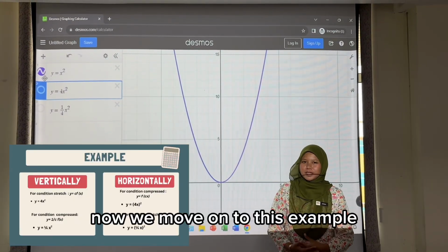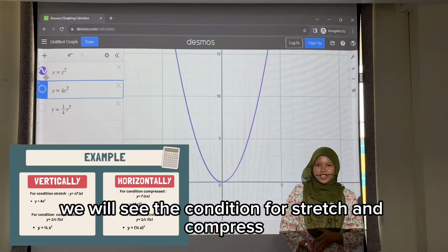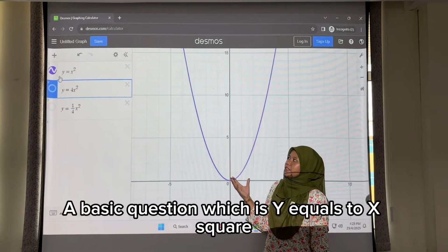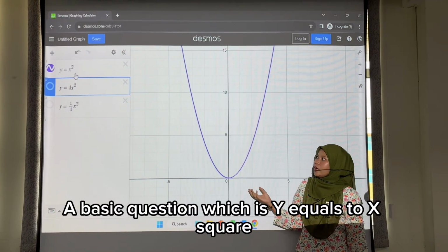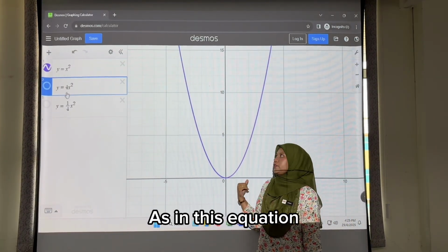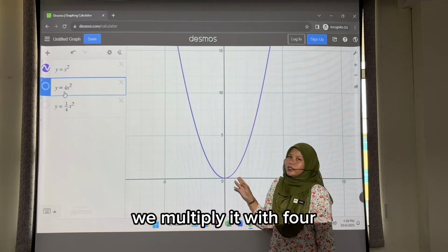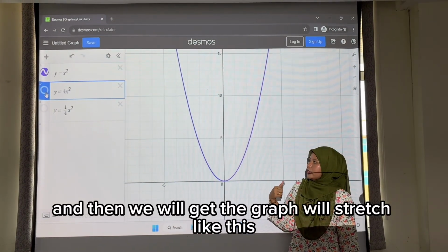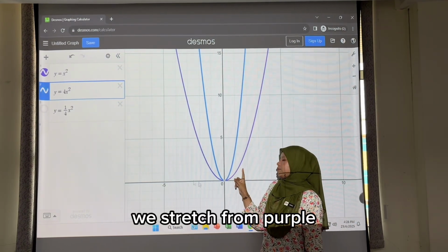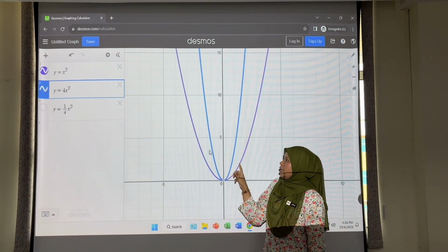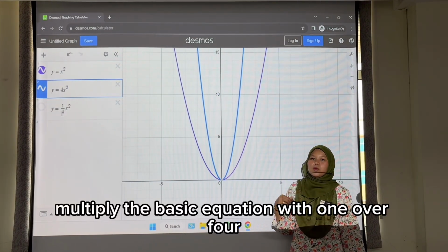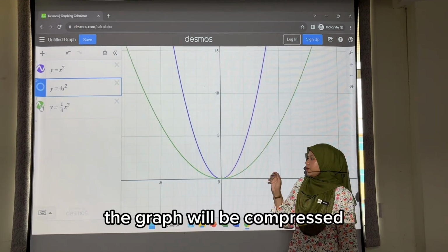Now we move on to the example, where we will see the condition for stretching and compressing vertically. Here there is a basic equation, y equals x squared. We multiply this basic equation by any factor. When we multiply it by 4, the graph will stretch like this, from purple to blue. And when we multiply the basic equation by 1 over 4, the graph will be compressed from the purple color